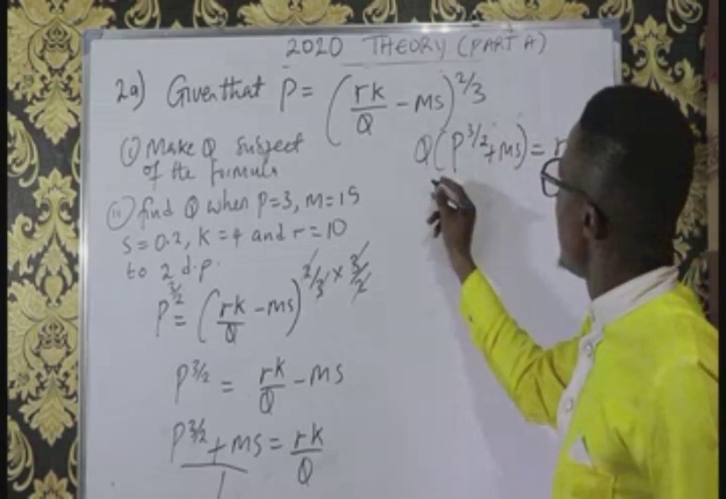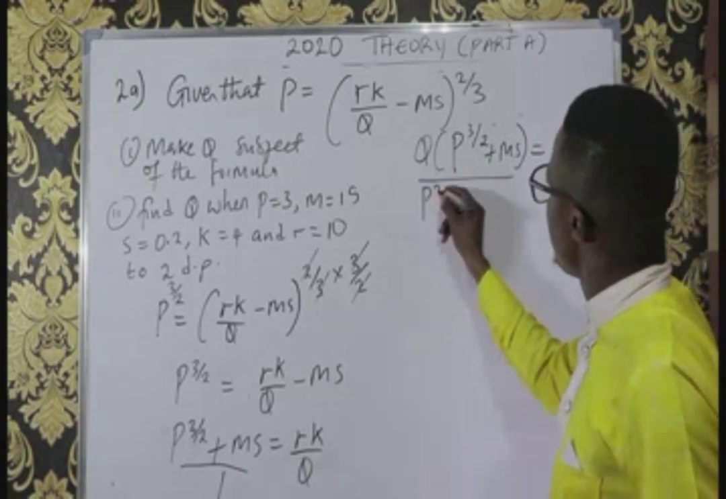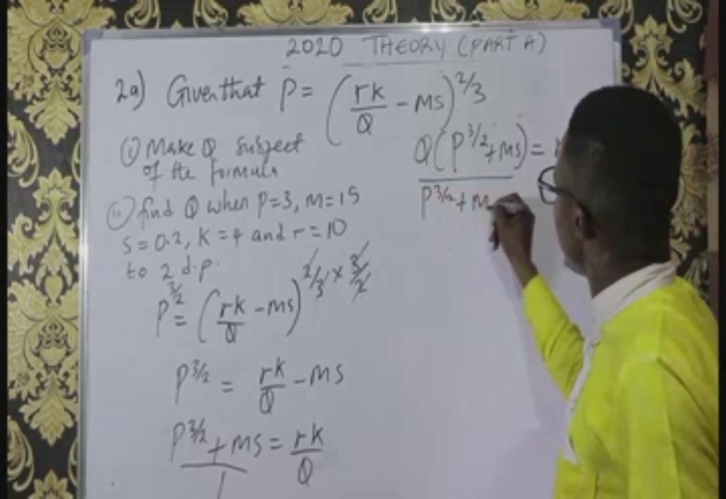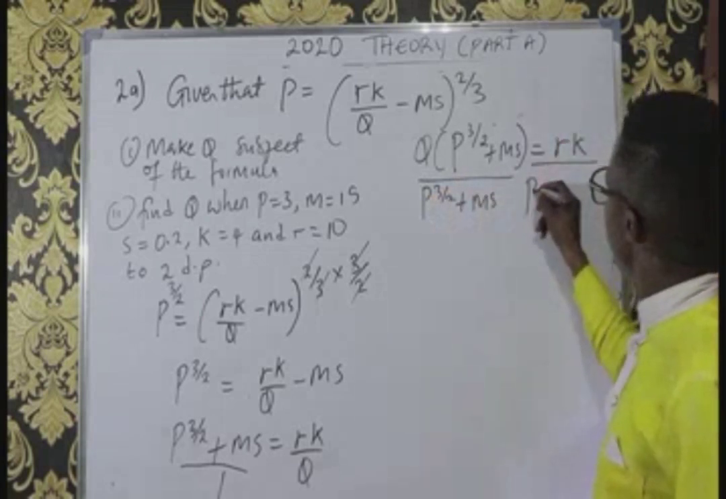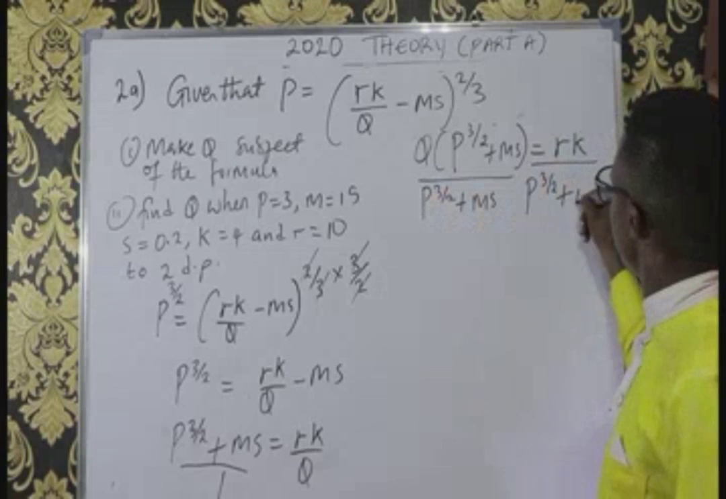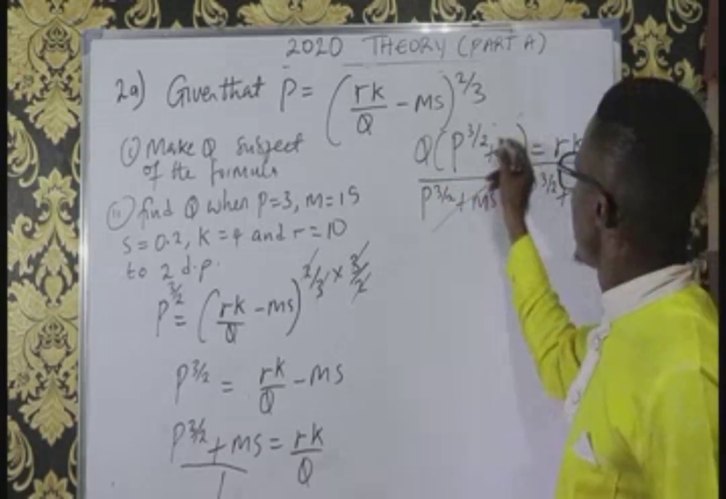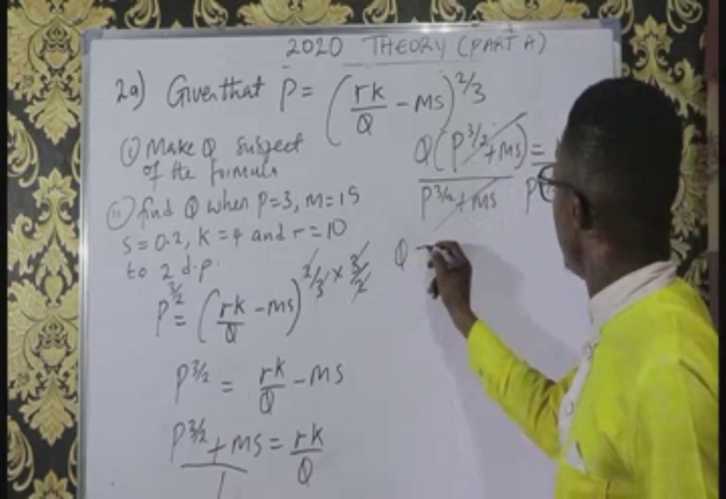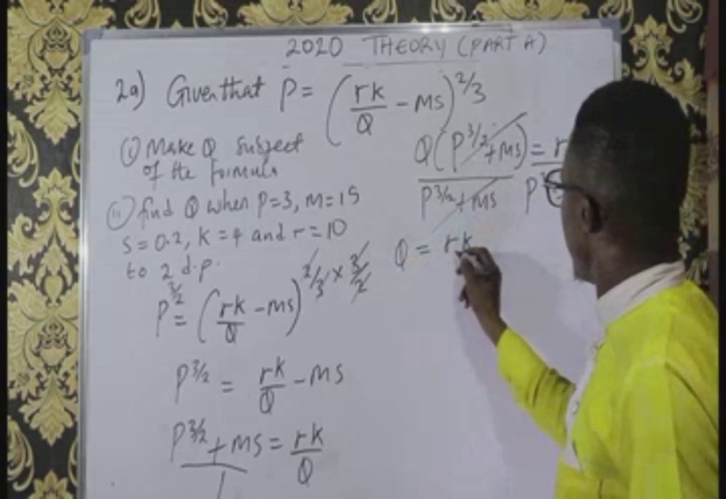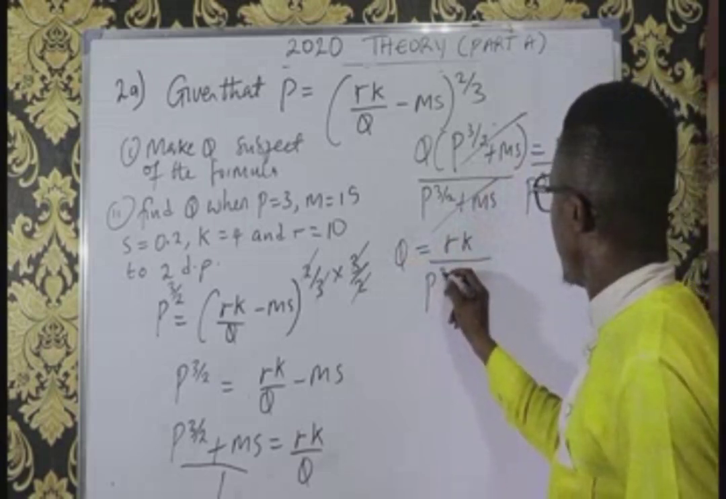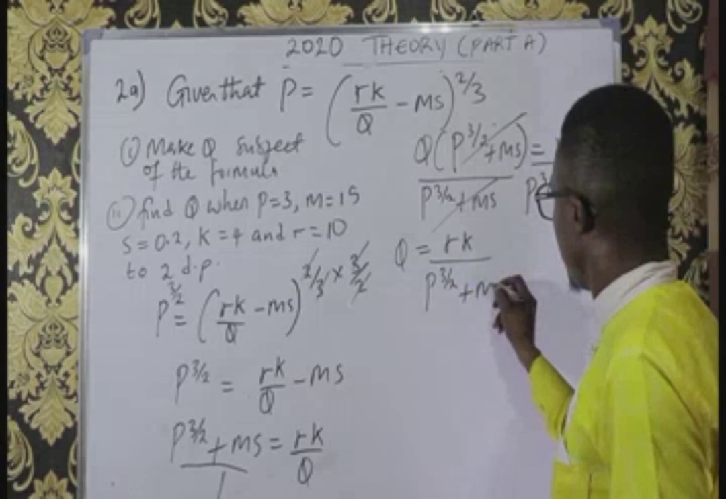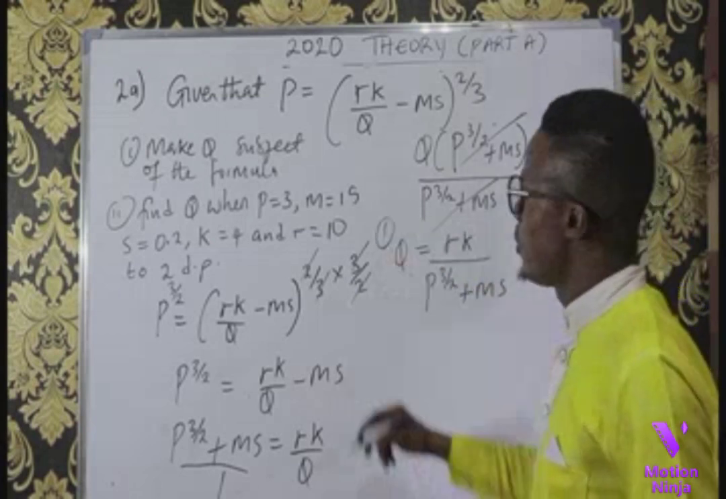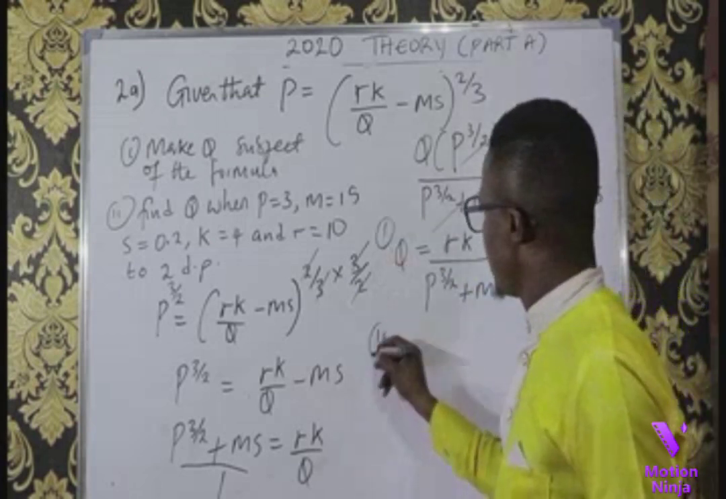So to get Q, I'll divide both sides by P to the power of 3 over 2 plus MS. This will cancel out. I'll have that Q is equal to RK all over P to the power of 3 over 2 plus MS. I've answered question I, but I says we should